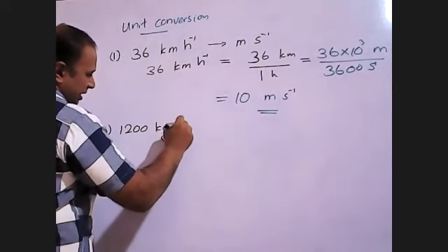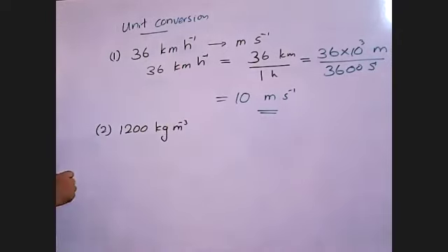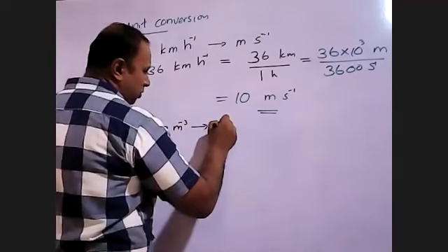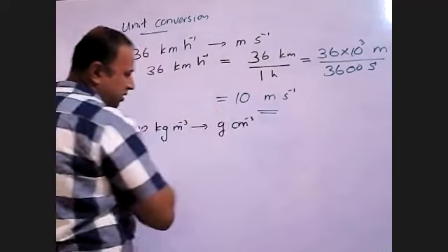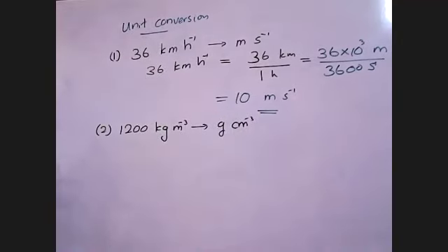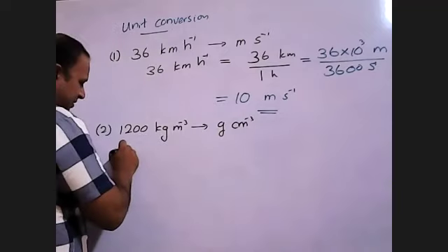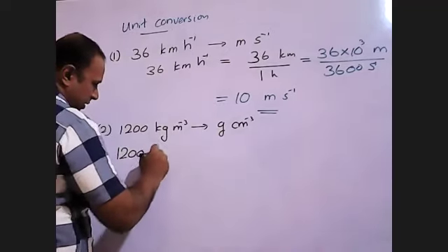kg m minus 3 has to be converted into gram per centimeter square. This is very good. As in the previous, kilogram